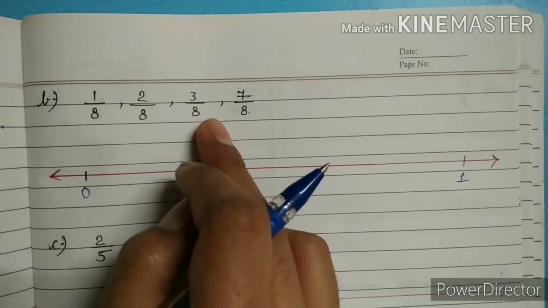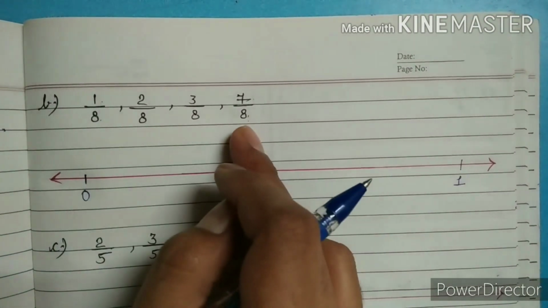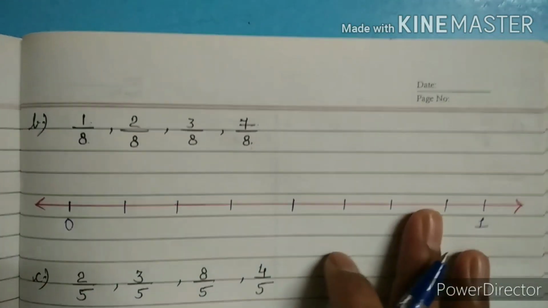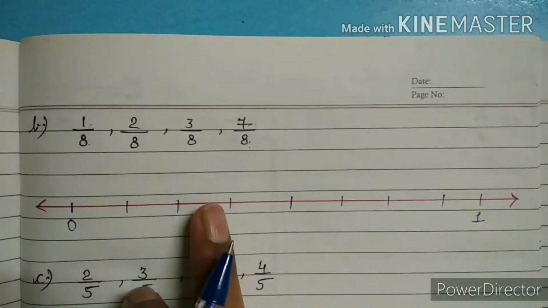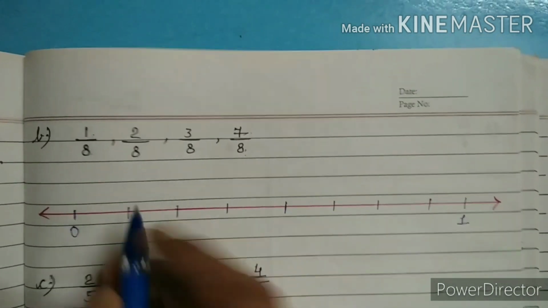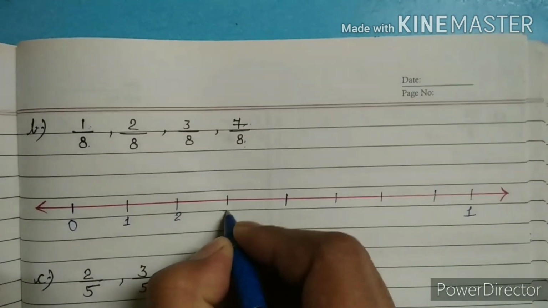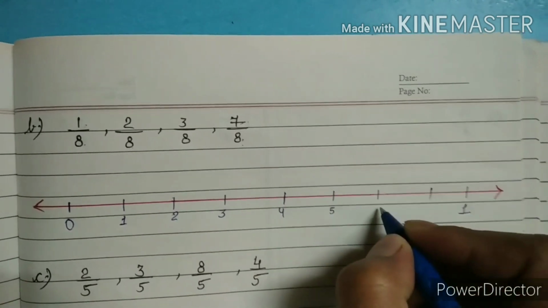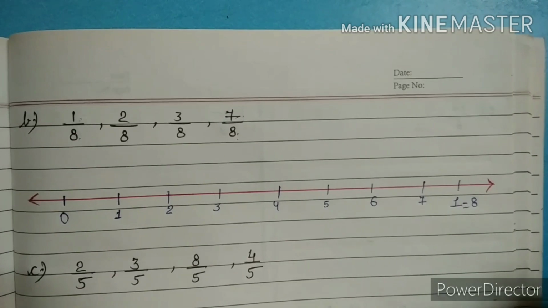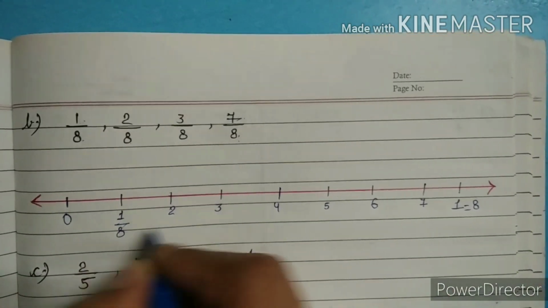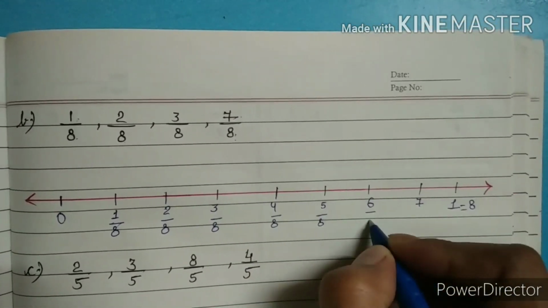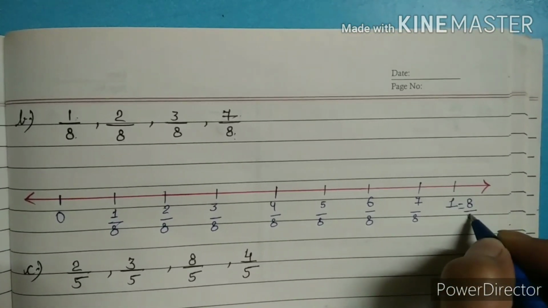So how many parts we have to do? We have to do total 8 parts. So let's start. Here, 1 2 3 4 5 6 7 8. We just count the gaps. Now first part, second part, third part, fourth part, fifth, sixth, seventh, and last. This is 8 parts. Total 8 parts are here. So in all the denominators we have to put 8 because we did a total of 8 partitions.